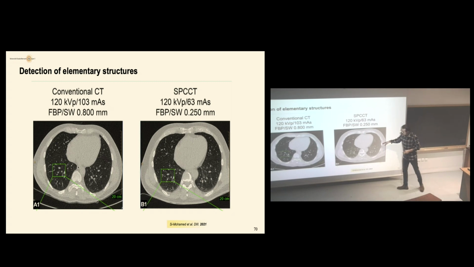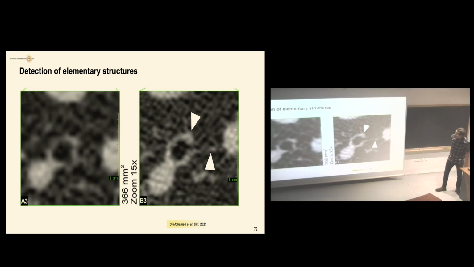I will skip really fast through this. Do you see? This one is a volunteer, and he smokes some cigars sometimes. He has been scanned on the left side and on the right-hand side. Do you see the difference? You see the white arrow.